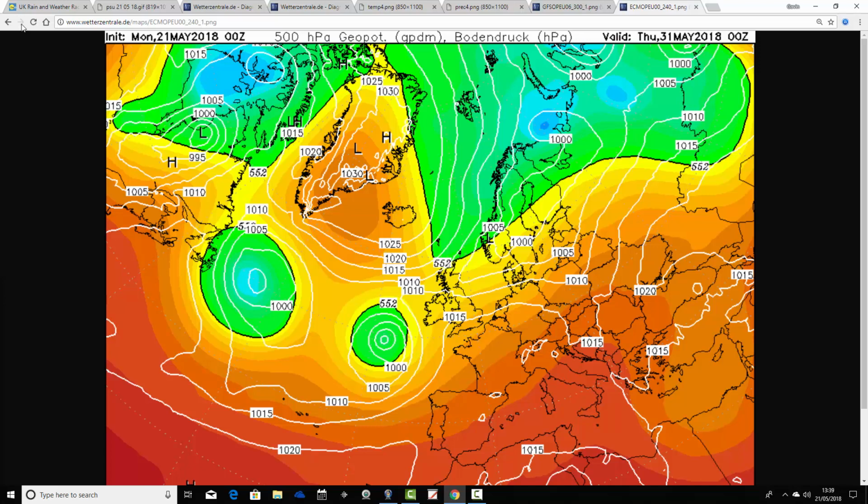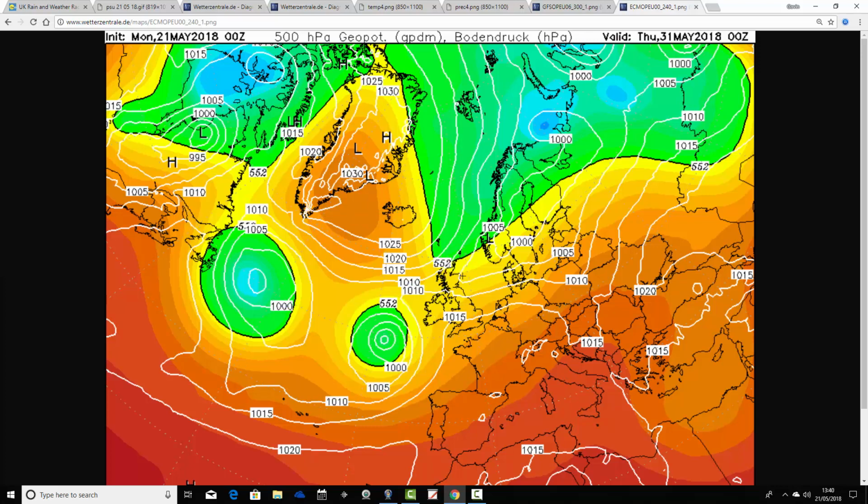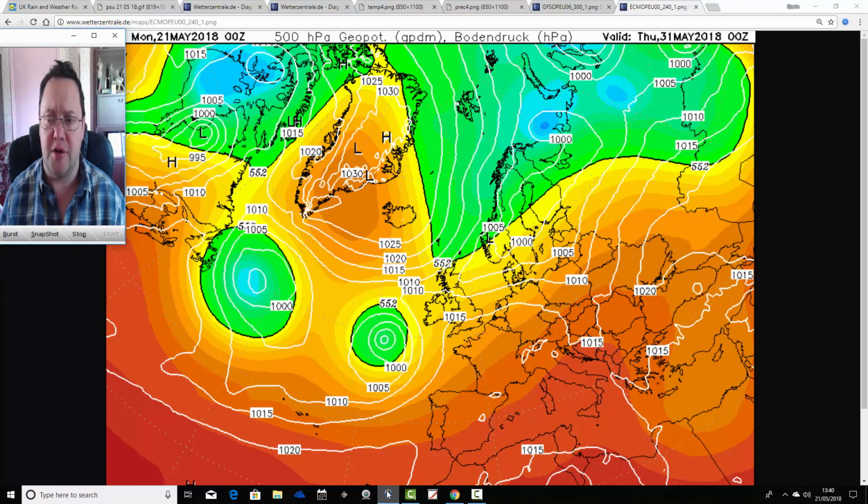And actually, it does look rather an unsettled pattern that's setting up there, and also some above average heights beginning to get going around Greenland. I'm not at all sure about that, but if it came off, of course, you've got these areas of low pressure down here, which will probably be threatening some heavy rain moving up from the south and the west through the early part of June. But as I say, I'm not sure the ECMWF is performing all that well at the moment, so I think leave that alone and let's concentrate on the period up to the bank holiday weekend, which is going to be mainly high pressure dominated,